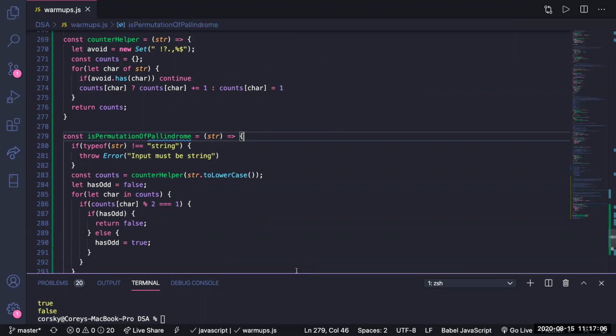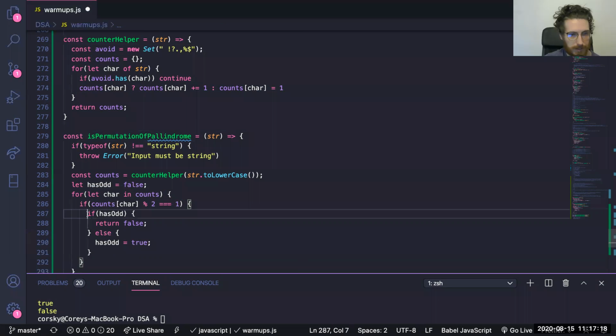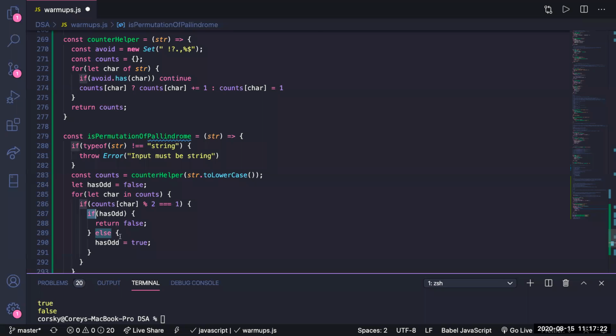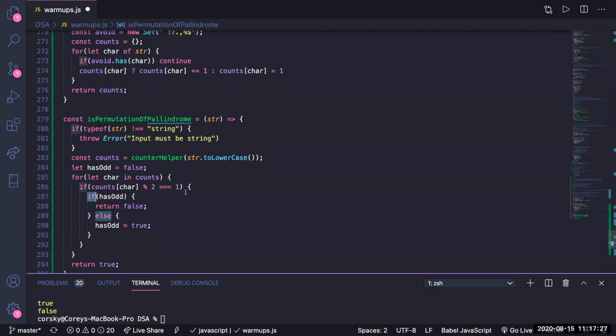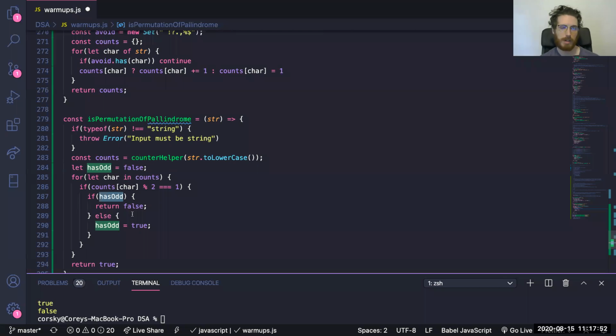So in the isPermutationOfPalindrome function, line 287. Yes. So going from 286, we're determining if there is an odd key value. Then we're saying if it has an odd, return false, else set it to true. Right. Because when we start off, we've never had an odd. Once we see an odd, we want to either set that to true, or if we've already seen an odd before, we can go ahead and